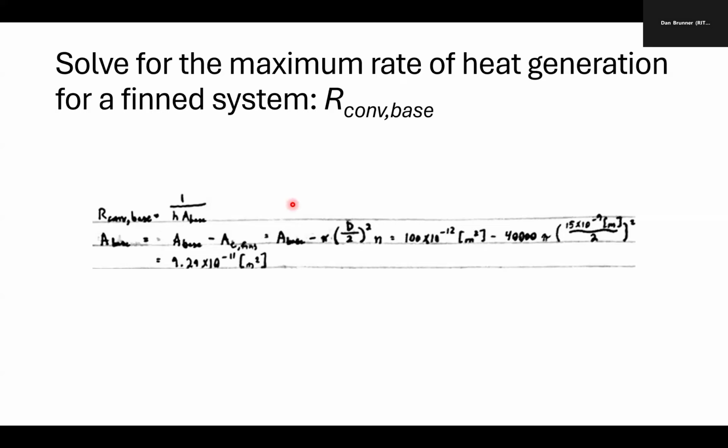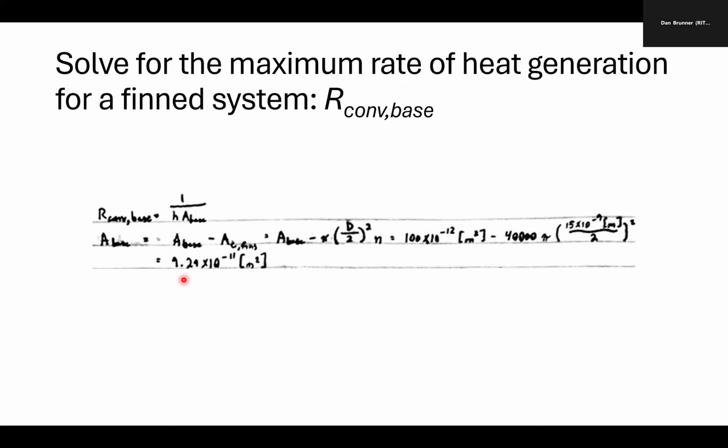because now we have a bunch of fins that detract from that total area experiencing the convection heat transfer. So to account for that area loss, we have to subtract the total area that the fins take up. And so we have the area of the base, the total area, which we're given actually, minus pi r squared, the cross-sectional area of each fin, assuming that they're cylinders, times the number of fins. And so when we plug in those values, we get that the